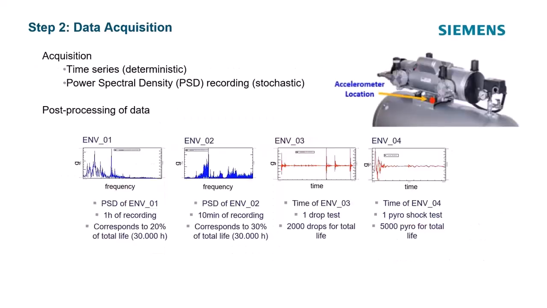We can input into the process. If we can't get a measurement, we really like time, because when we calculate SRS from time, we don't have to make assumptions. But if we can't get time data, and if one of our environments was, say, a mil standard, we could input a PSD into the system.